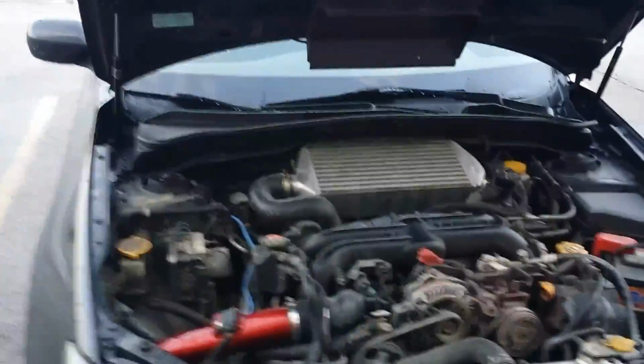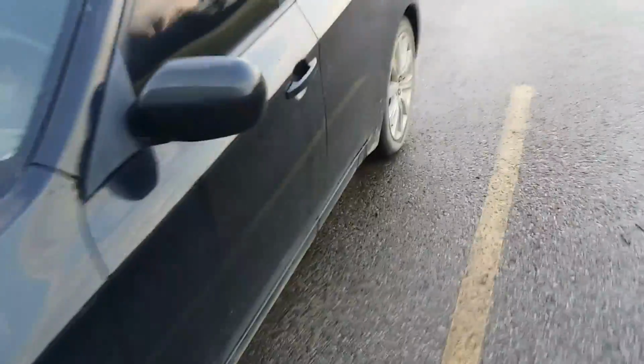There's no mufflers, no fart cans, no nothing. It is a 3-inch stainless steel mandrel bent from the turbo back. So there's nothing to restrict flow whatsoever. And if I jump in her and start her up,